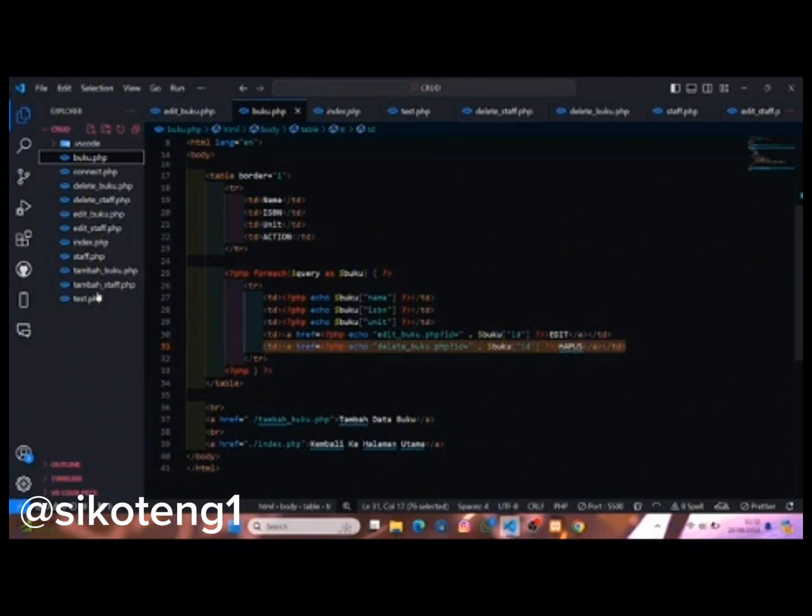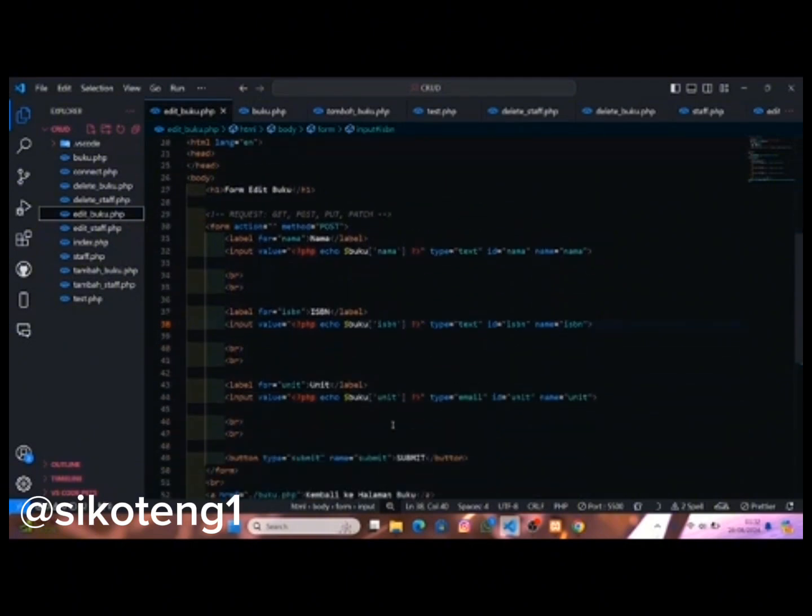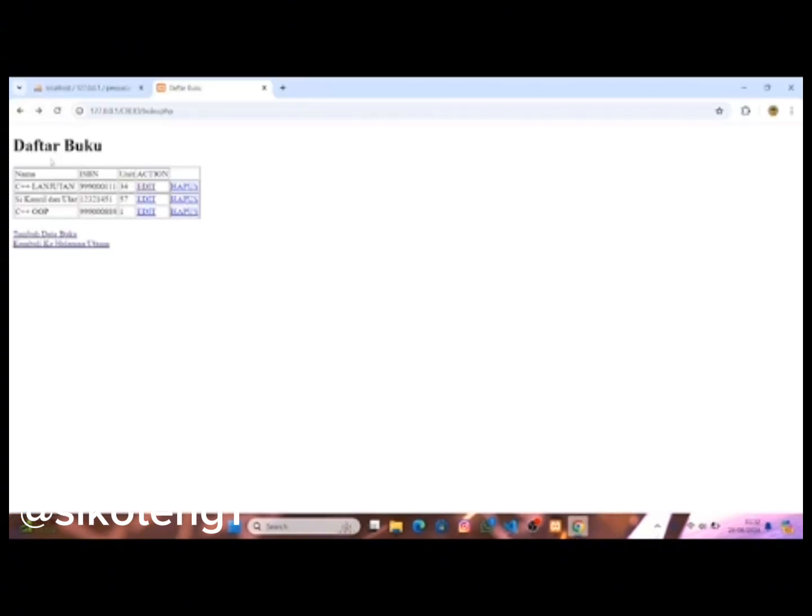I see, let me see. Tambah buku, edit buku. In edit buku we type here not email but text. Okay, not number. Refresh.